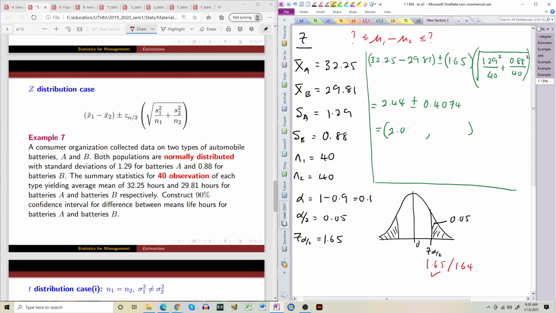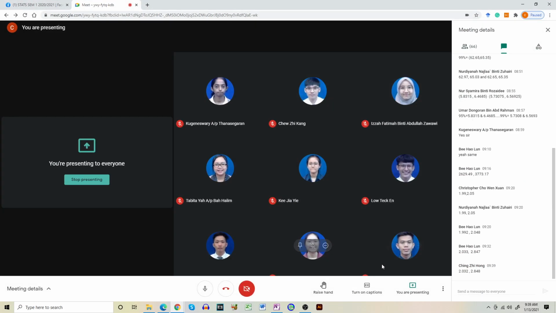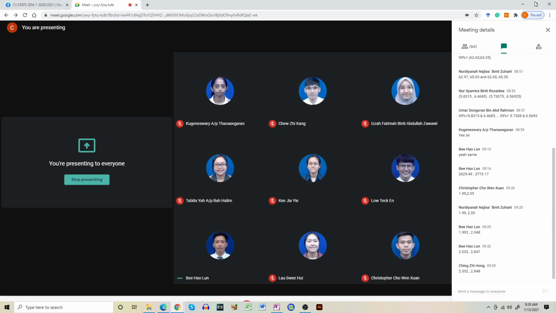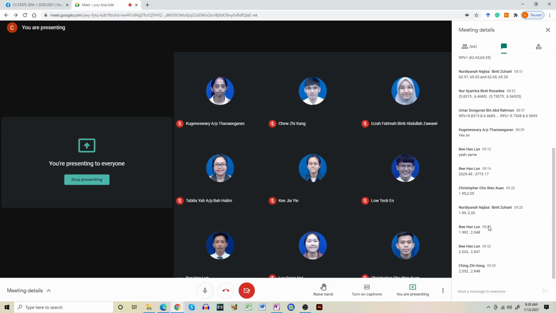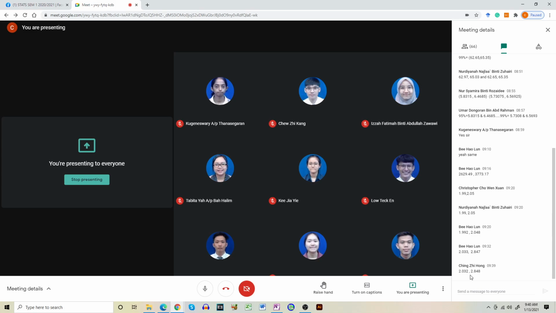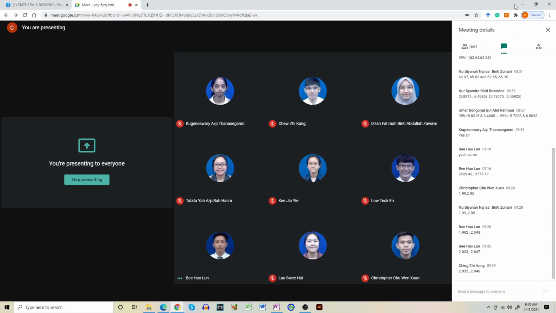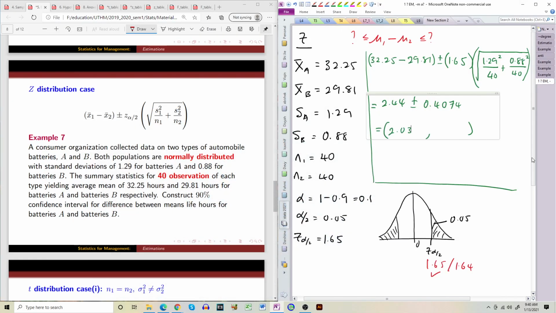So I take two decimal places, like Howlun takes 3 decimal places, Zihong takes 3 decimal places. Okay, you can take 3 or 2. It's just that when you take the decimal places, please round off. So in my computation, if I take 2 decimal places, I get 0.3,